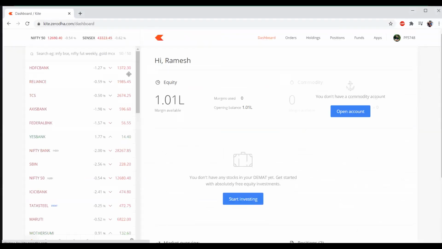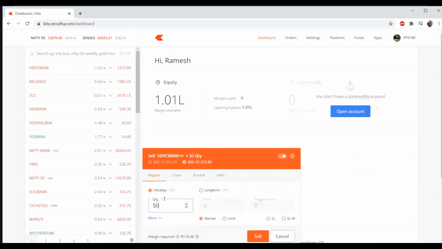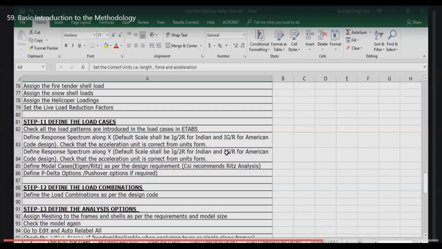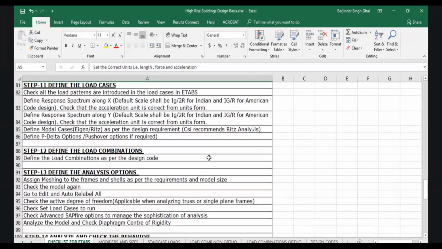Step 11 shall be to define the load cases. In ETABS, first of all we define the load patterns, then we define the load cases. Step 12 shall be to define the load combinations. Step 13 shall be to define the